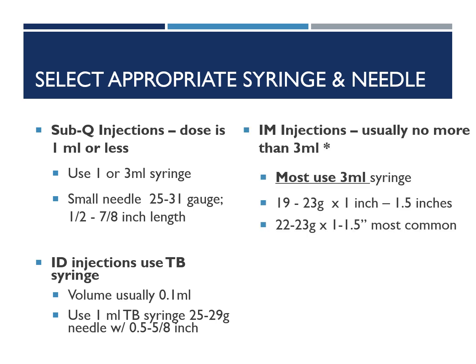IM injections are typically no more than 3 mLs in volume, as the muscle can't handle much more than that, so we're going to use a 3 ml syringe. If you have one of the very few IM injections that's more than 3 mLs, you're actually going to give it to them as 2 separate injections. The needle gauge is going to depend on the viscosity of the fluid, but generally we're going to use a 19 to 23 gauge needle, so it is going to be a little bit thicker than that sub-Q needle.